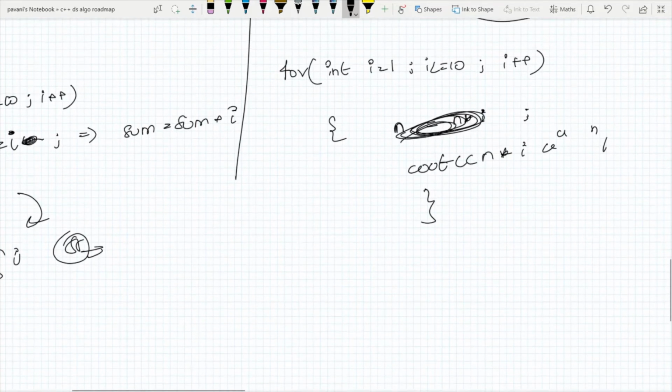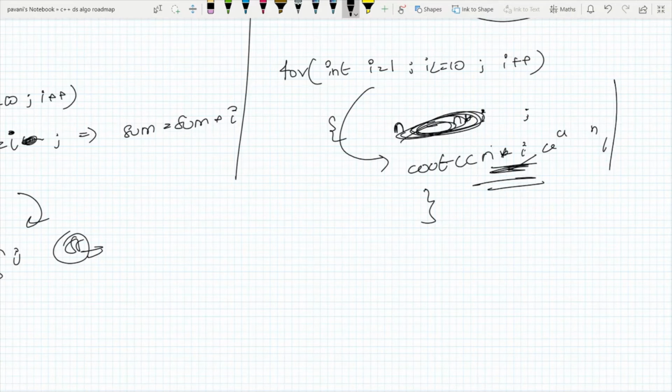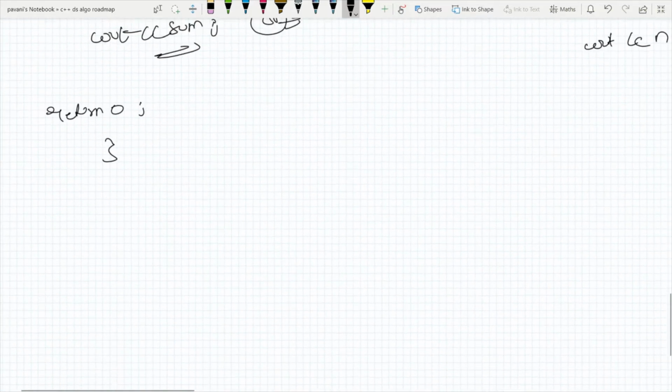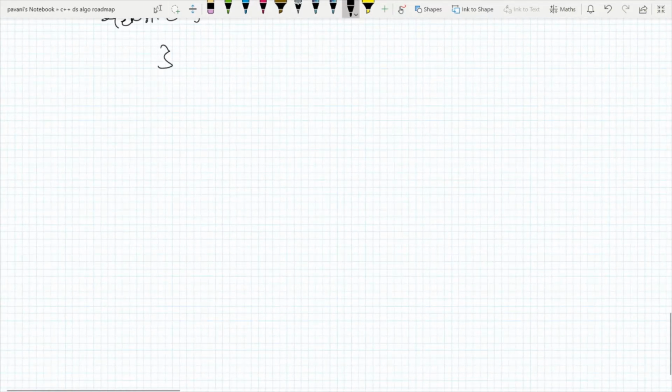Because see, in the first iteration for I equal to 1, it prints 4 into 1. Okay, in second iteration it prints 4 into 2. In third iteration it will print 4 into 3, 4 into 4. Yeah, this is the correct code for that. In every iteration you have to print cout n into I, because in every iteration I value is changing. I value is changing from 1 to 10 and the number remains same. In first iteration 4 into 1, next 4 into 2, next 4 into 3, next 4 into 4. Yeah, it prints like that. Yeah, that's it. Then next we'll see the last problem.